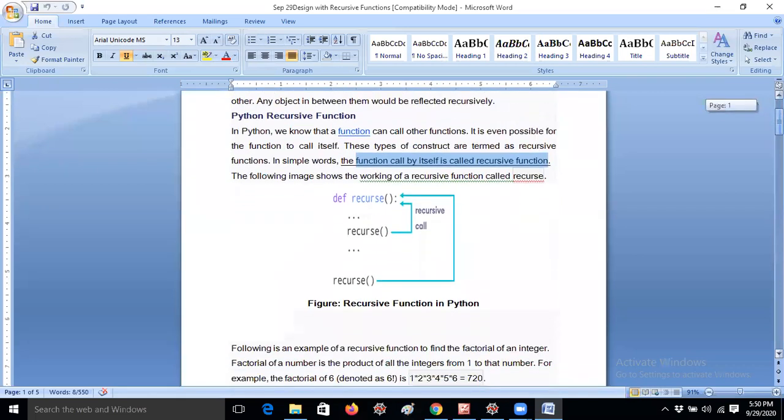Many students think that every program can be easily written using a for loop or a while loop. Please don't think in that way. Whatever programs you do with loops, they can also be done easily using recursive functions. You should remember this concept, because recursion is far better compared to loops.